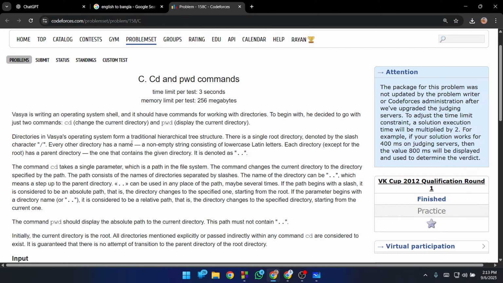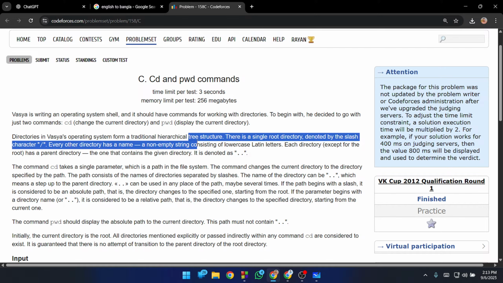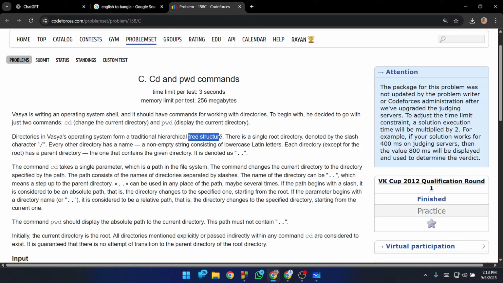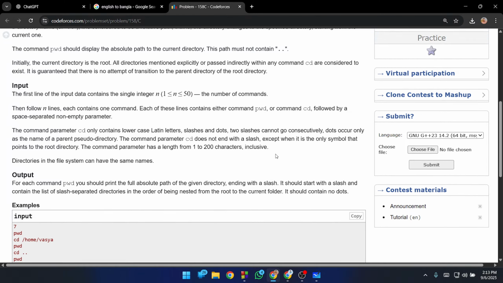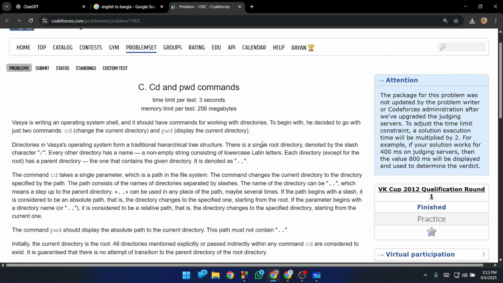Directories in Vastia's operating system form a traditional hierarchical tree structure. I like tree structures. I mean, I like to solve problems that are graph related. Tree is also kind of a graph where there is no loop. Anyway, there is a single root directory denoted by the slash character. Yeah, there is a root directory, and from the root the branches are scattered. There's a single root directory denoted by the slash character,